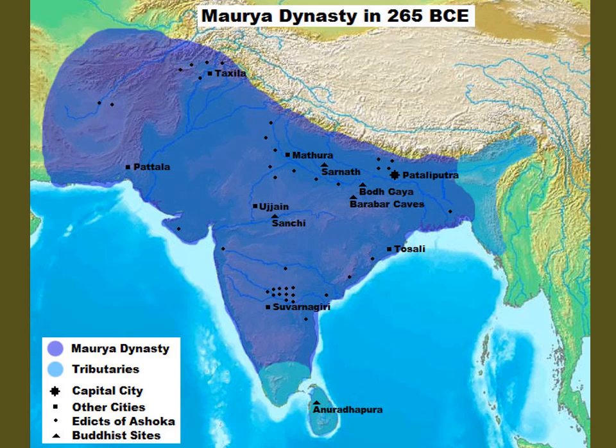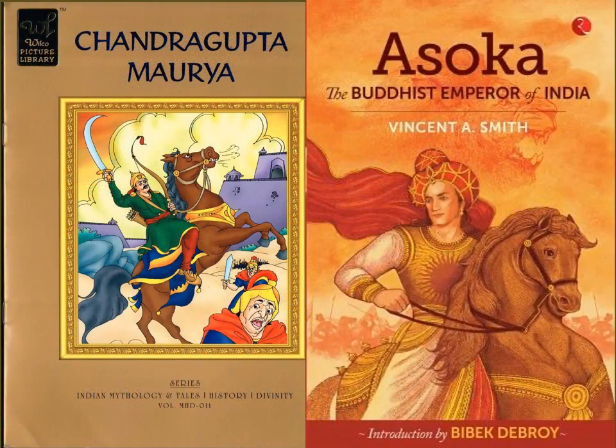Now, this Maurya Empire: Chandragupta Maurya reigned from 322 to 297 BCE, and then his grandson was Asoka. Of course, we know him as the Buddhist emperor of India, and his reign lasted from around 268 to 232 BCE. This period of Indian history, Buddhism in India, Mr. Chuan Seng will be teaching you in another course. So right now we only want to have a brief overview, a brief introduction.